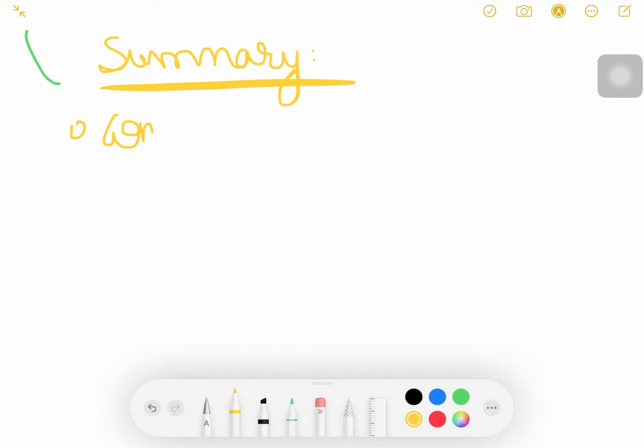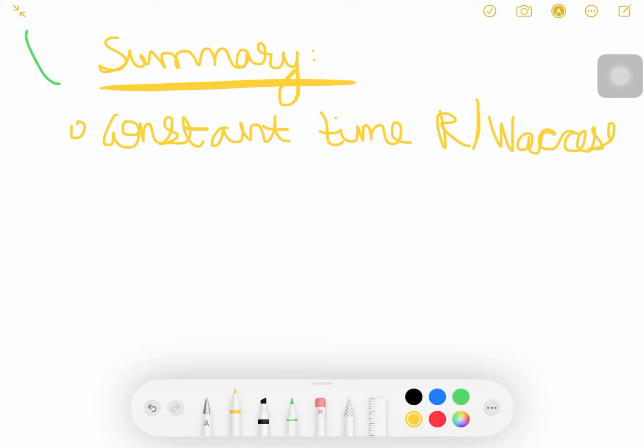So arrays provide constant time read and write access. If you want to add or remove elements at the end, it takes big O of 1 time.